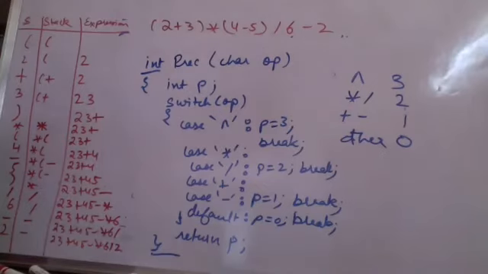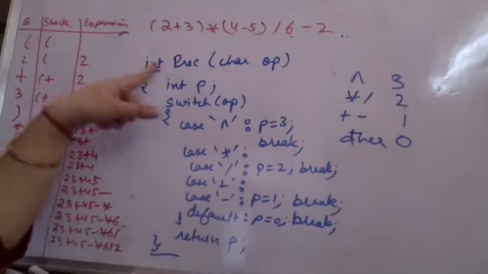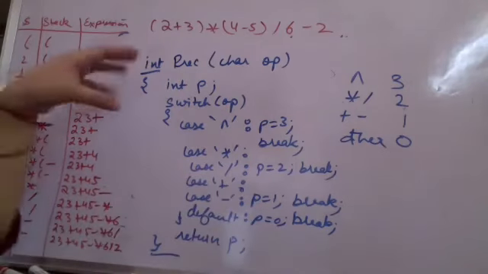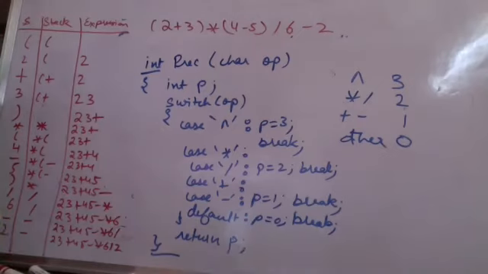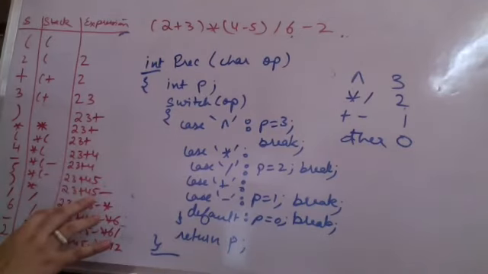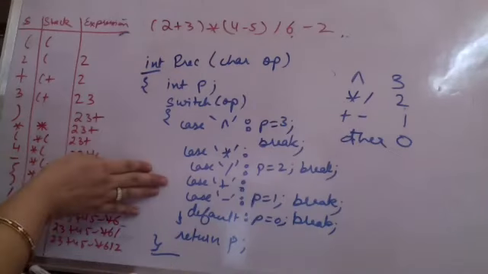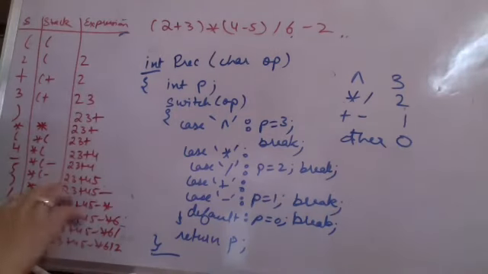Is it now clear to all? If I am checking the precedence of plus, I will get 1. If I am checking the precedence of multiply or divide, I will get 2. So I have to check that the precedence of the operator that I am pushing should be less than the precedence of whatever is there on top of the stack. What I am trying to say over here is that the precedence of the operator on top of the stack currently should be strictly less than the precedence of the current operator I want to push. If that is not so, I will repeatedly pop till I reach that precedence level.